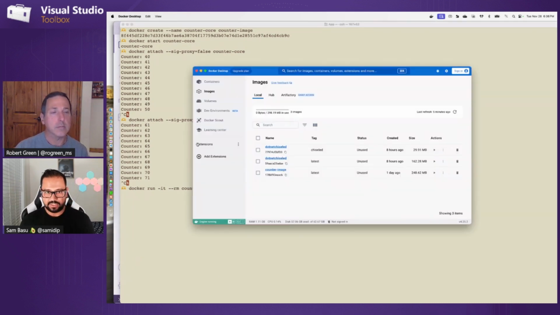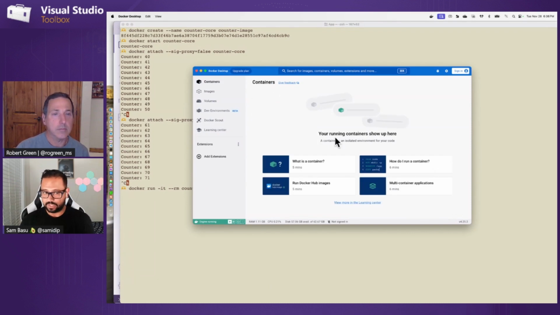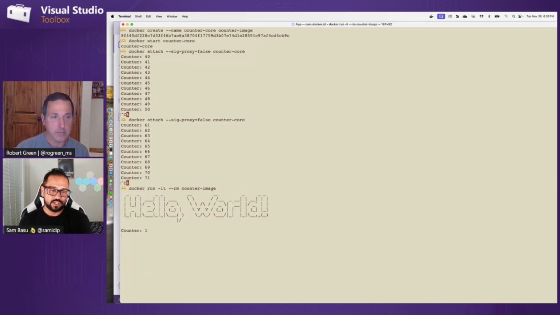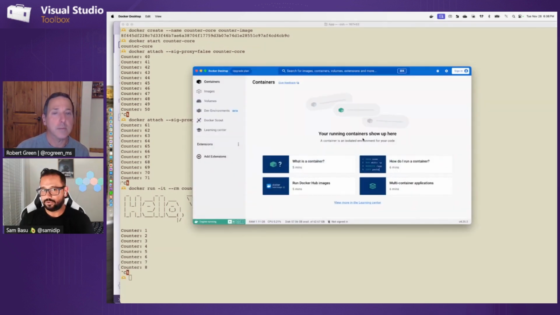All right, so we'll say this. At this point, you can see there is no container running because we killed it. But with this command, we're just going to spin up a container. So this is kind of like a small VM, but it doesn't need much. So it's just really quick. So we're going to say spin up the container, run our app. So you can see it's going right now. And then when I Control-C out of it, it bails. And if I come back here, there is no container running.